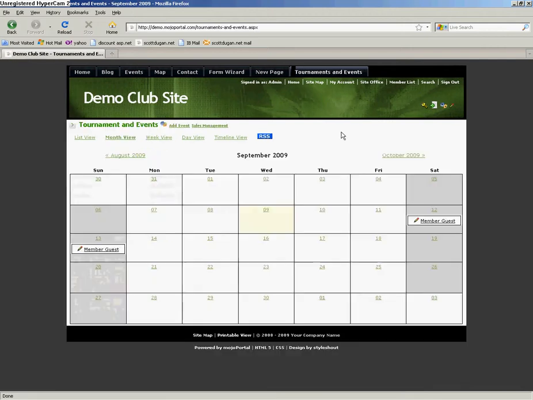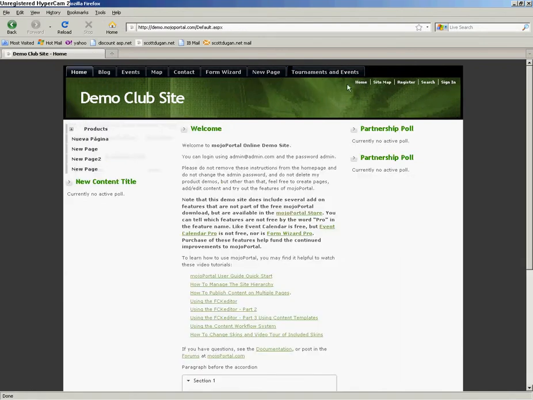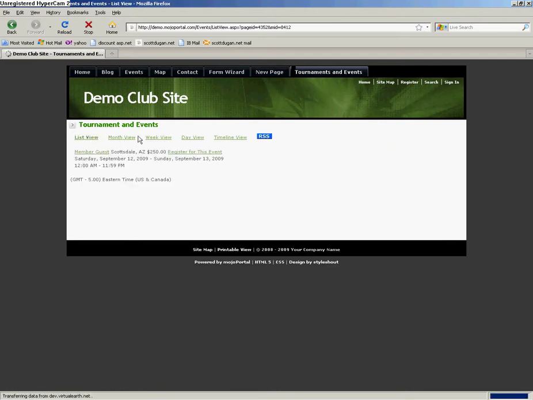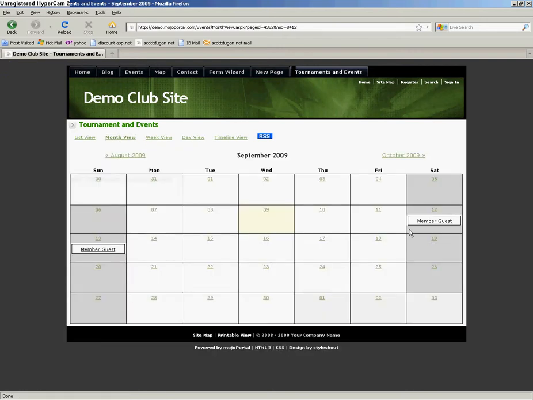Since I'm logged in as an admin, I'm going to log out right now. I'm going to sign out and show you what a regular person would see if they go to the Tournaments and Events page. And all those little icons that we saw before are gone. There are different views. There's a list view, month, week view, day view. Let's go back to the month view. We're going to click on our event,